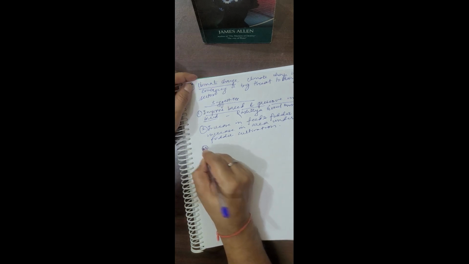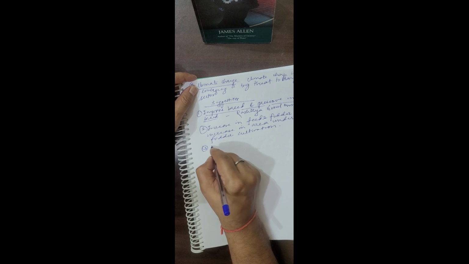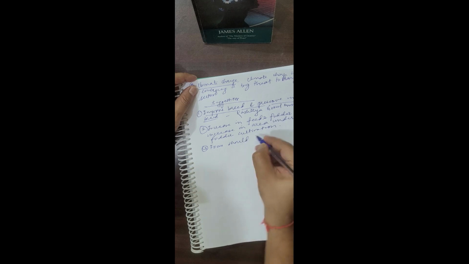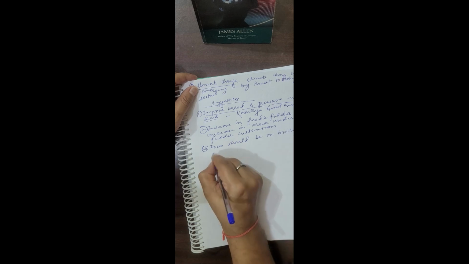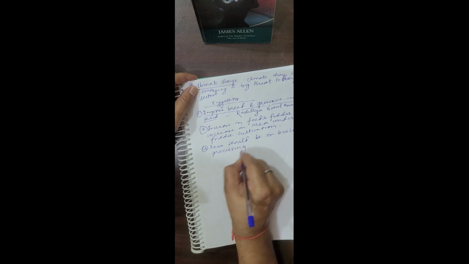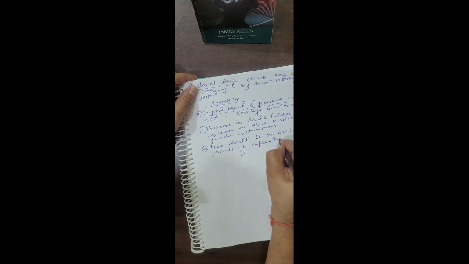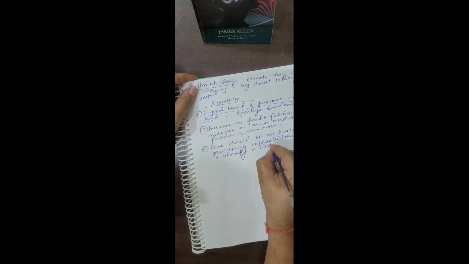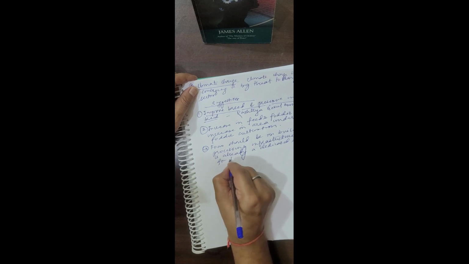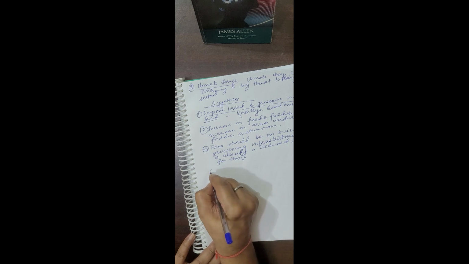Next, you can write here: focus should be on building processing infrastructure. There is already a dedicated scheme for this. Next point you can write,